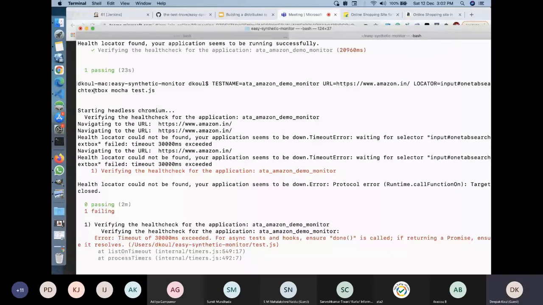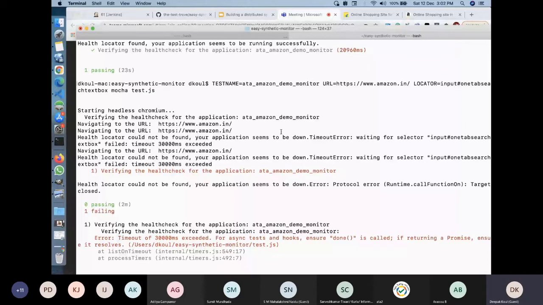And instead of using Mocha test.js, you have to use Mocha http.js, because we are using a separate test file for API testing to make the whole monitoring setup a bit modular, so that you're not actually going into the test files and making changes. It's just everything is plug and play.